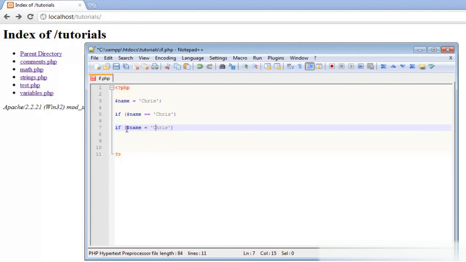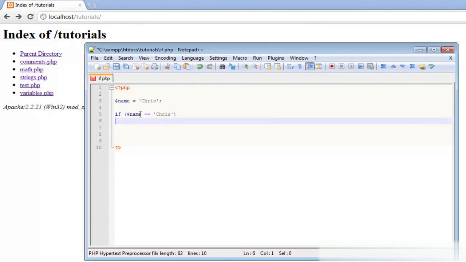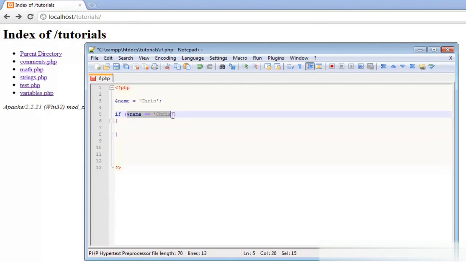So we're actually not saying if name is equal to Chris here. We're saying name is going to be assigned Chris, so that isn't really a condition. So we need to use a double equal sign, and if that is true, then we need to execute the code. Now any experienced programmers might question this, but I'm just going to suggest you use curly brackets all the time. So we need to put open curly brackets, and then down here close curly brackets. And all code enclosed within the start and end of this will be executed if this condition is true. So what we're going to do is echo